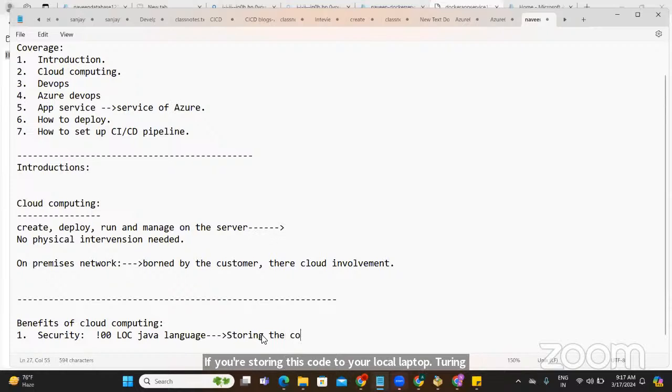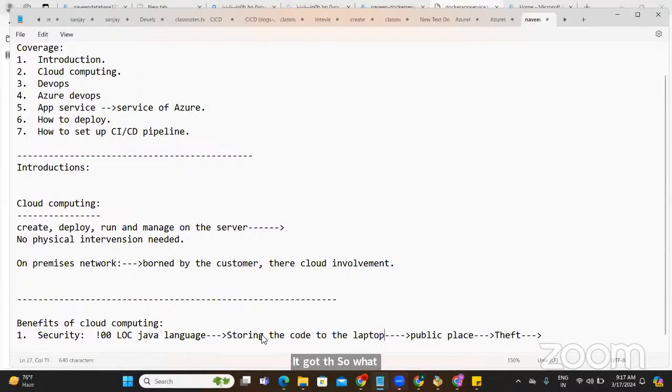Let's assume you went to a public place and the laptop was stolen.